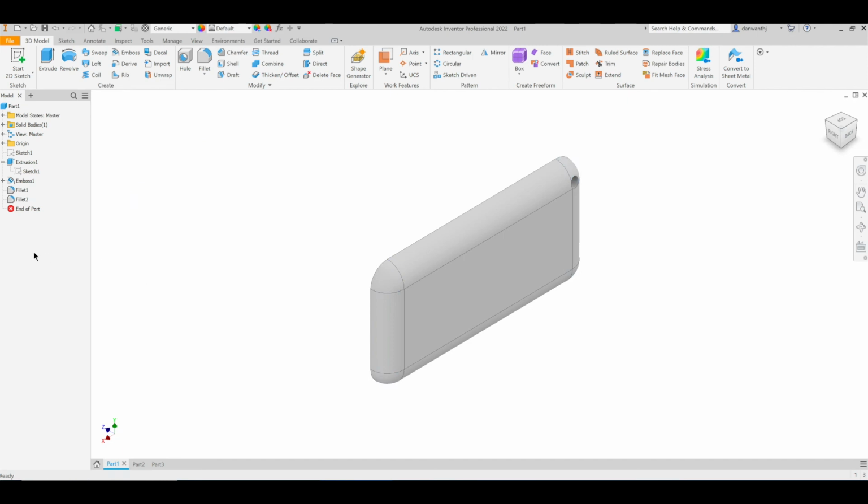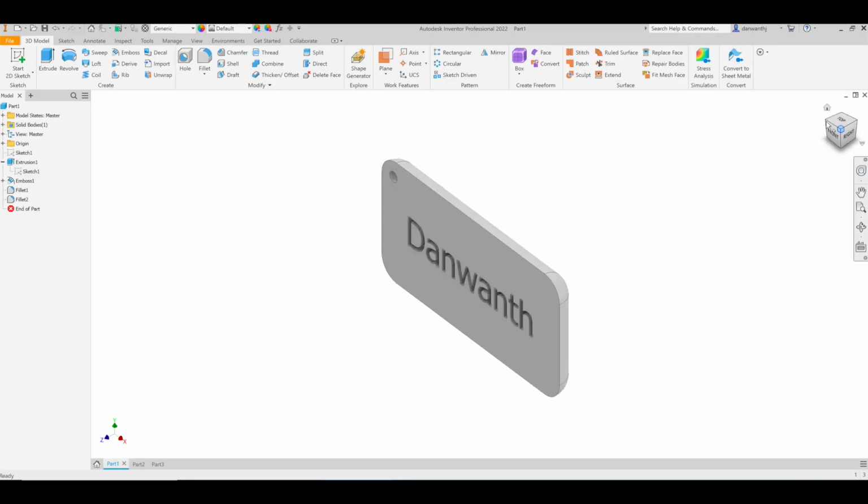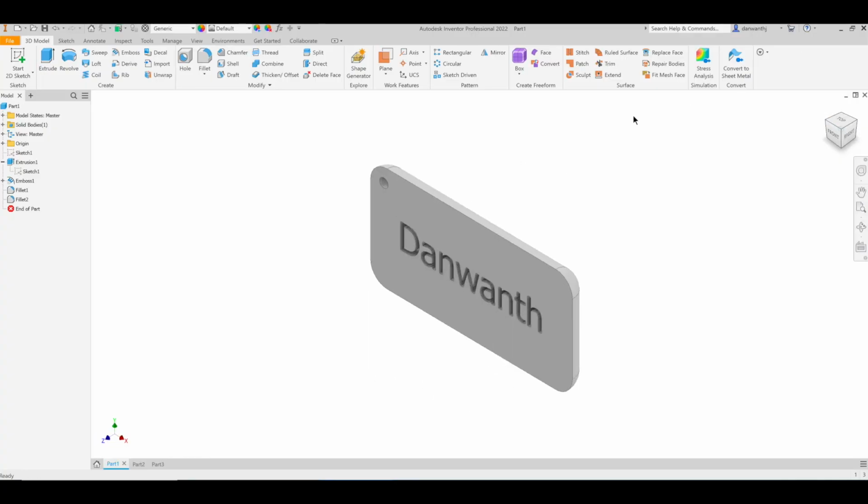There we go. Now our back is really smooth, but if we flip over to our front with our view cube, which you can play around with a little because that's how you get used to it, just drag it and click random stuff on the view cube. Okay, as you can see, the front side is still very sharp, so we don't want that. So we're going to go over to fillet again,